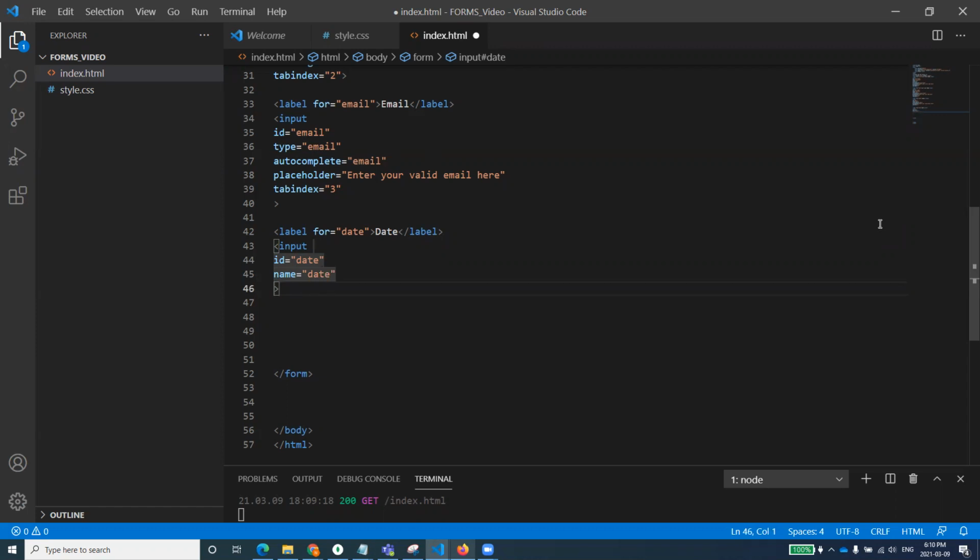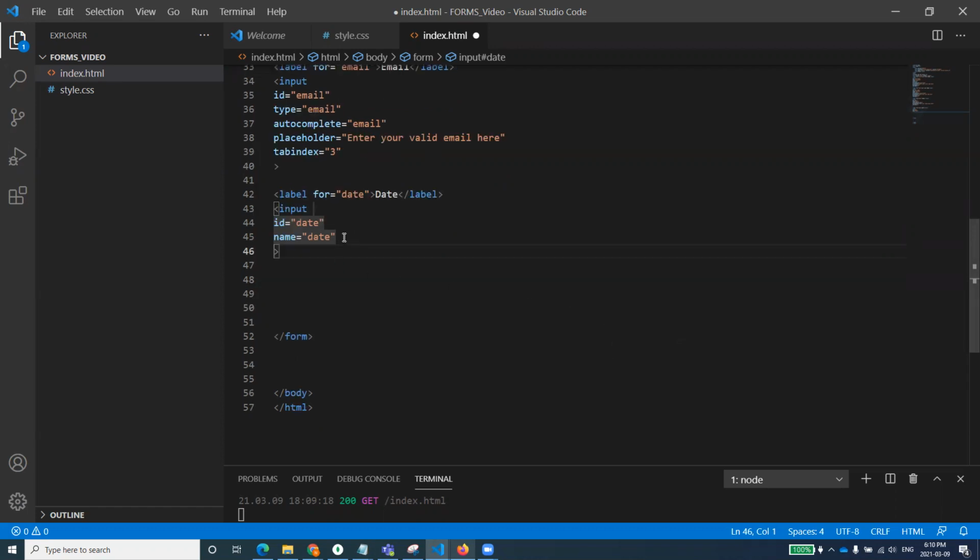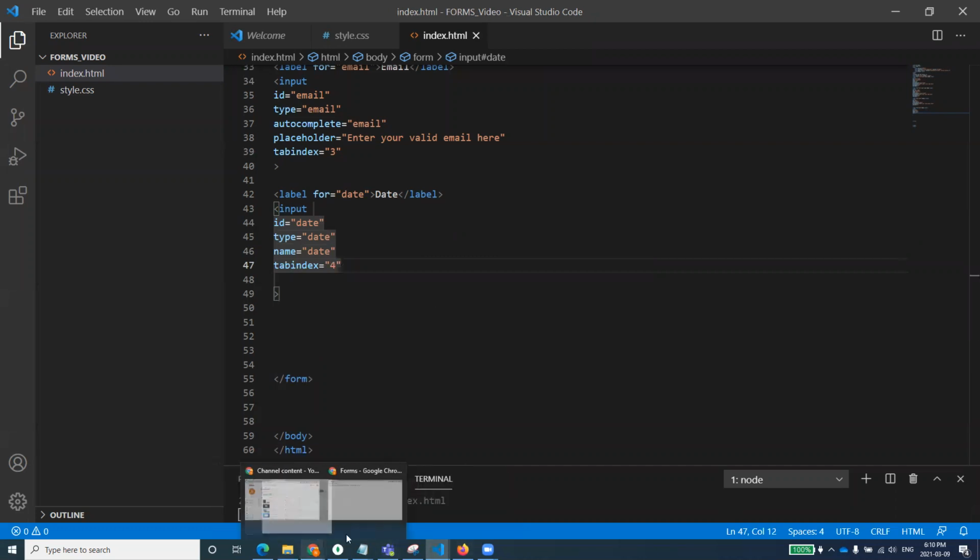Okay, so then you have set up the name, the date, and the type is equal to. So the type, as I said, I'll just place after the ID. Type equal to date, so it provides us the date type. So what is the benefit of using this date type? Let me first complete that, and then I'll let you know. And the last thing is tab index. You can set the tab index equal to 4 in sequence, because we have just done the last one as 3. The tab index is equal to 4. So now you see what the benefit of using this date is.